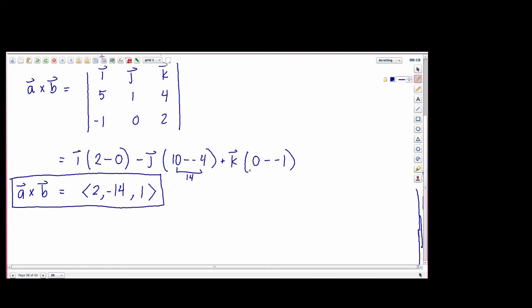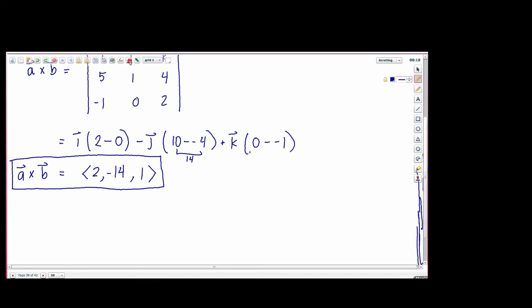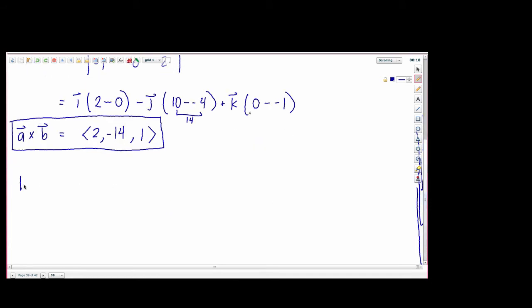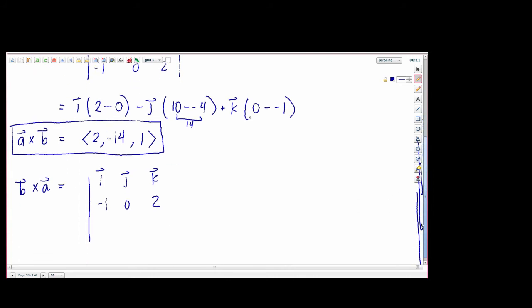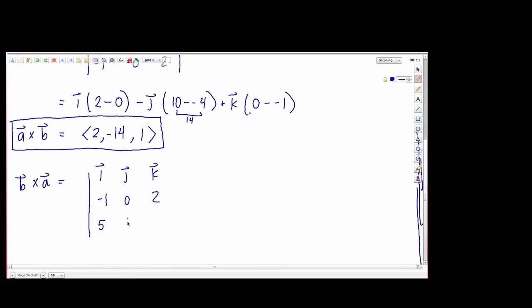Okay, so now let's do the second part of this. Let's do B cross A. So for B cross A, again I'm going to set up my i, j, k, and now I'm going to put B in the second row. So B was minus 1, 0, 2, and I'll put A in the third row, so 5, 1, 4. So now, let's see, when we do this, we get plus i, and then cross out